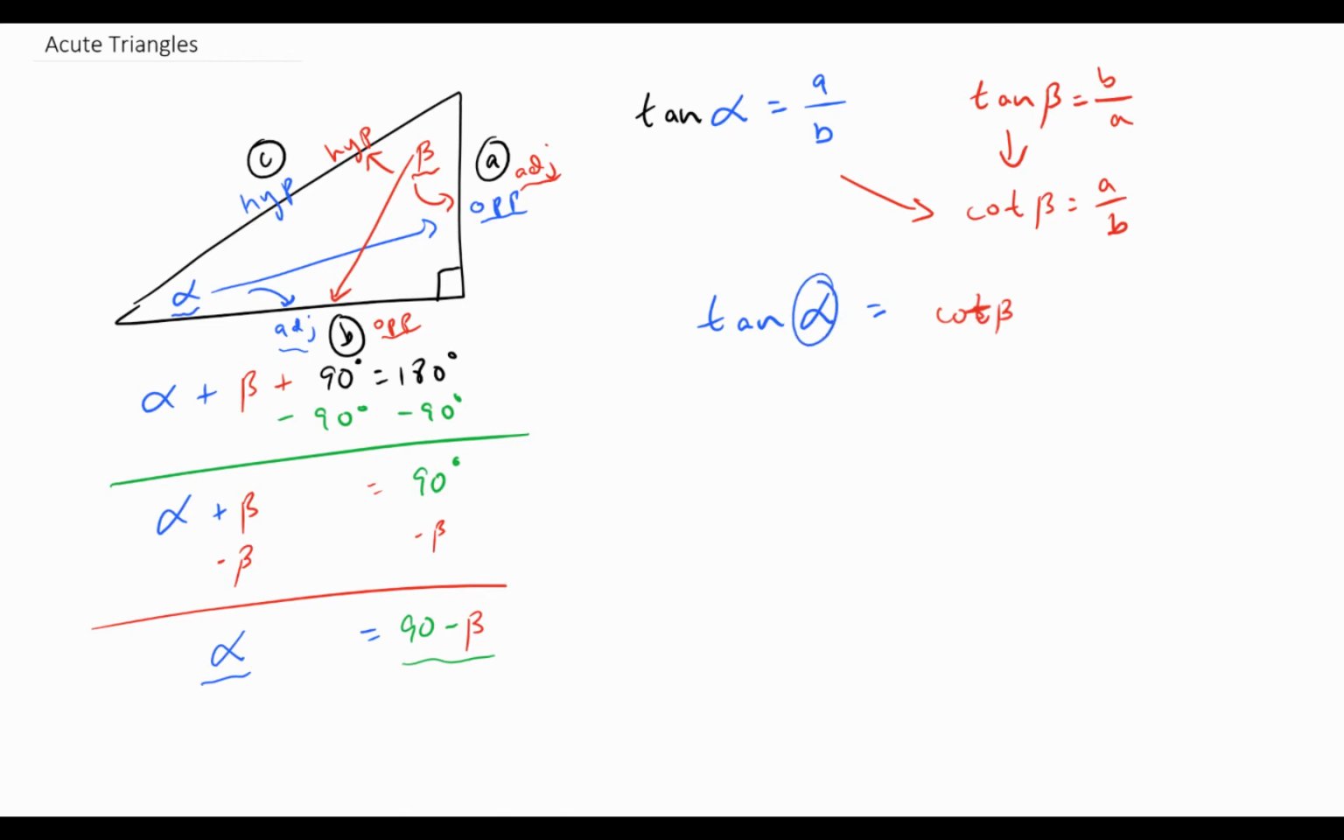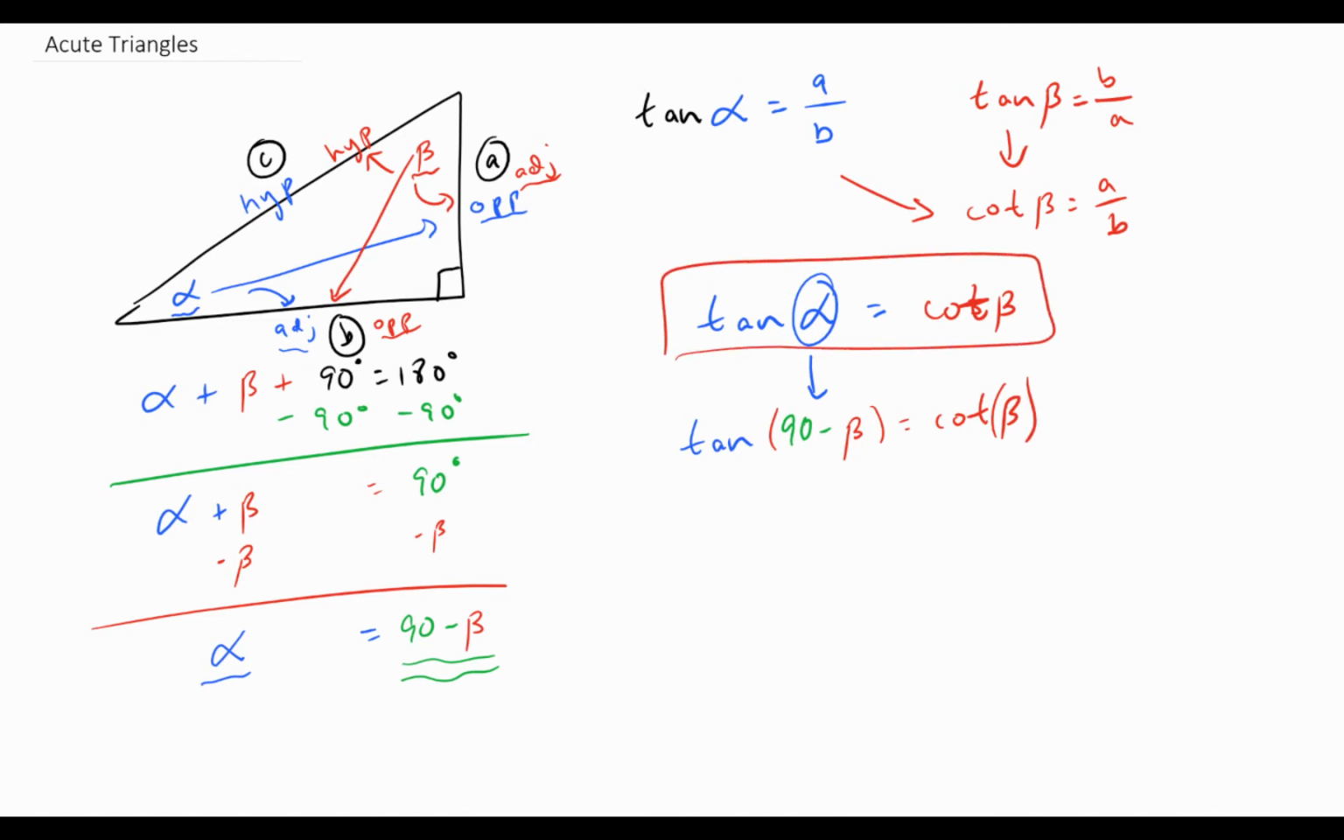I know that alpha is really just equal to 90 minus beta. So what we wind up with here is that if we take one of the angles, in this case alpha, and take a trig function of it, tangent, it is equal to the reciprocal function of the other angle. So if I had sine of alpha, that's just going to be equal to cosecant of the other angle, beta,